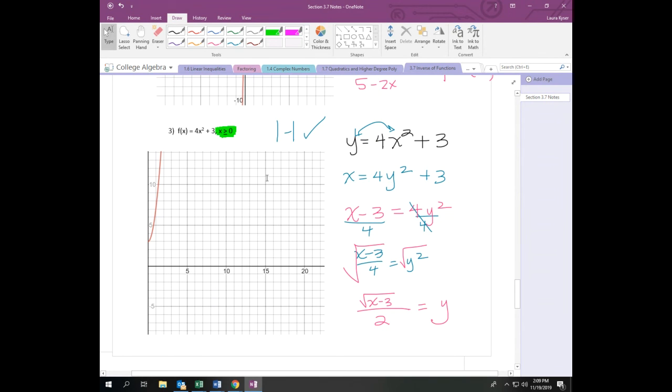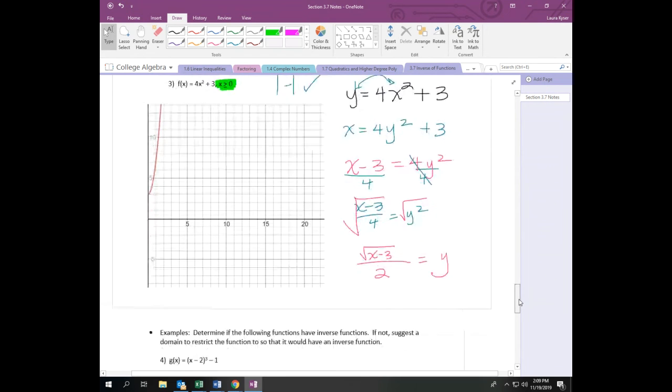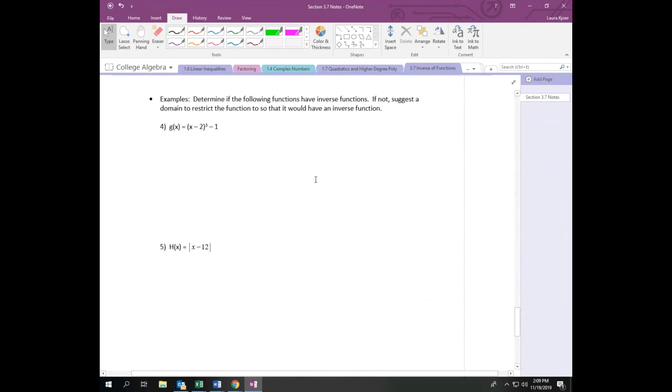Now we're going to take this concept of domain restriction and apply it to a couple different examples here. Down here, we're going to run into scenarios where we could possibly have a situation where the original function is not one-to-one. When we do this, because we want the function to have an inverse, we are going to have to restrict the domain in order to create a scenario where it would be one-to-one and therefore have